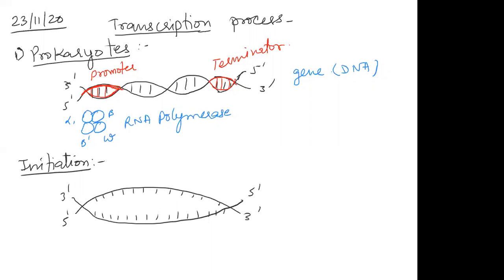So towards the 5' end, this region will be the coding strand, and this will be the template. Suppose the RNA polymerase will be starting and binding with the promoter region. Now to initiate the process there will be a sigma factor that will add up, because the enzyme itself cannot catalyze all the 3 steps. For initiation,